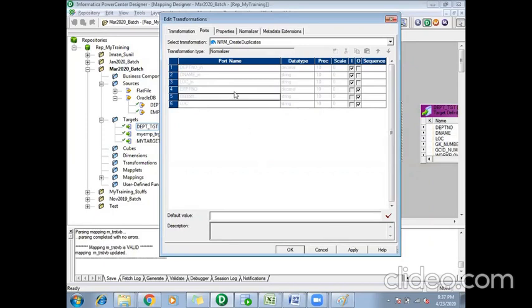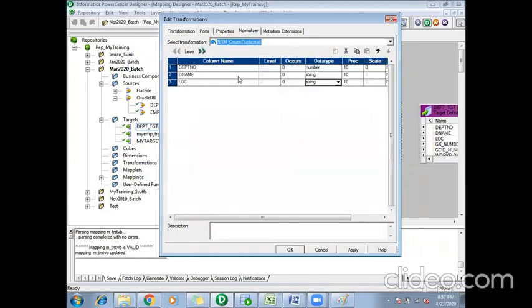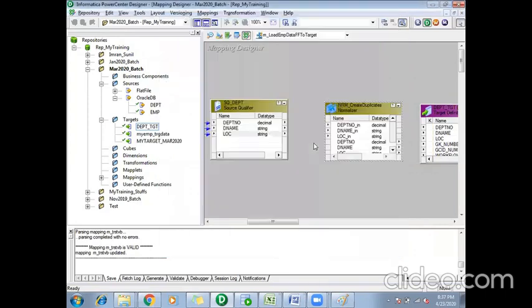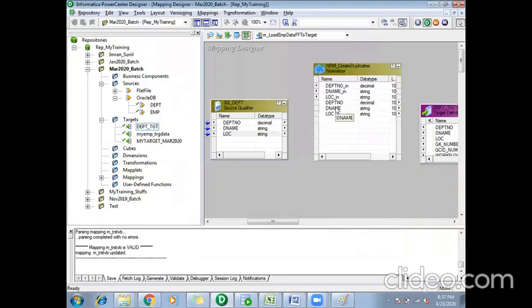Now I'll say apply. Again, I can't make any changes in my ports section. If I want to delete any port or add any additional ports, I can do it in the normalizer tab. I'll say apply. Now if you see, I added three ports, but it has created three inputs and three outputs. From my source qualifier, I can link only to the input ports, since we can't link to output.